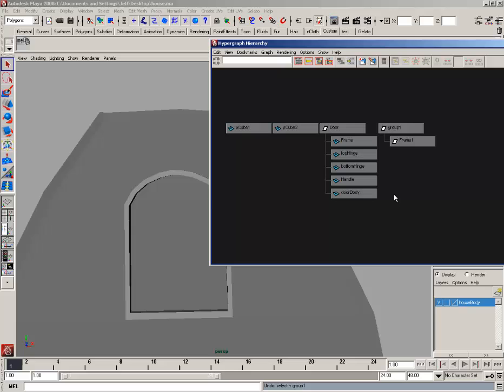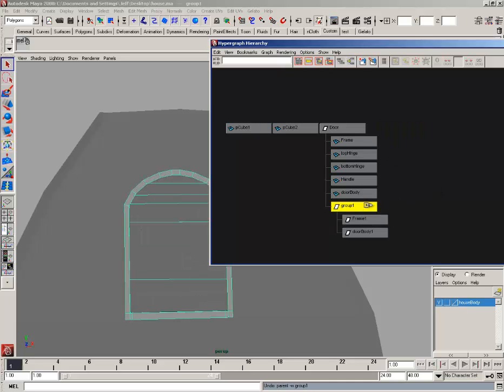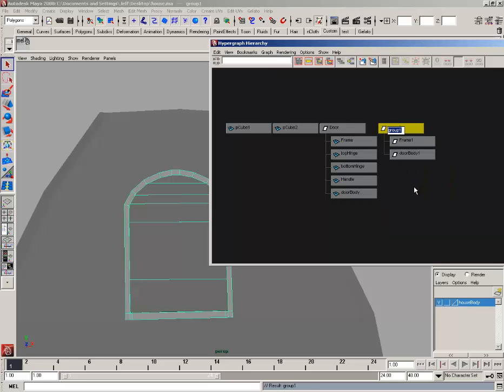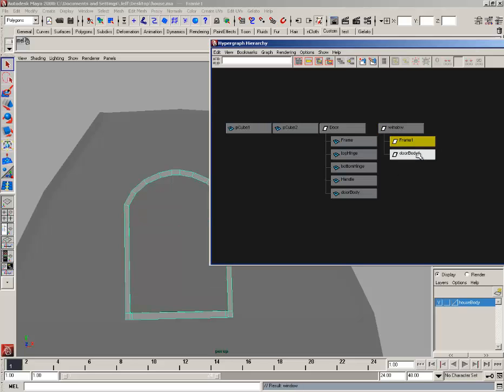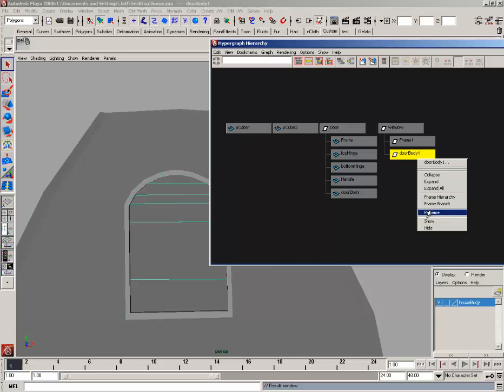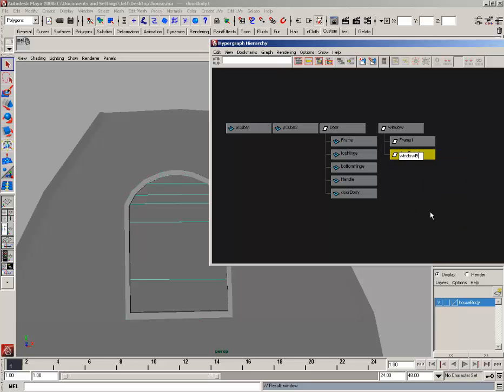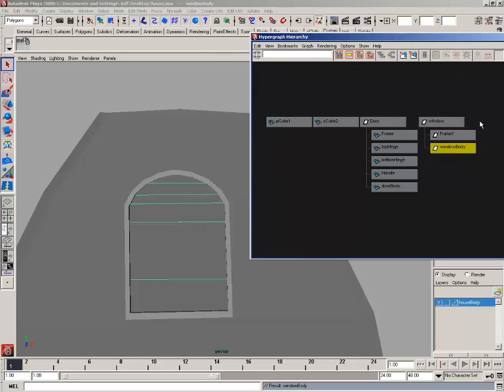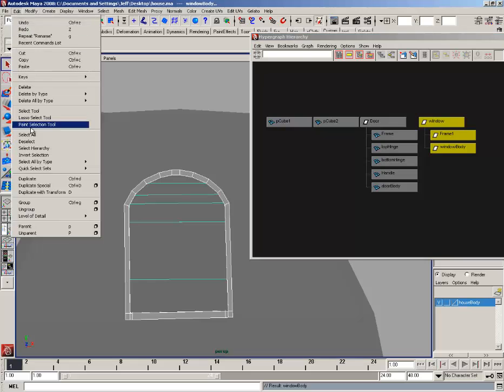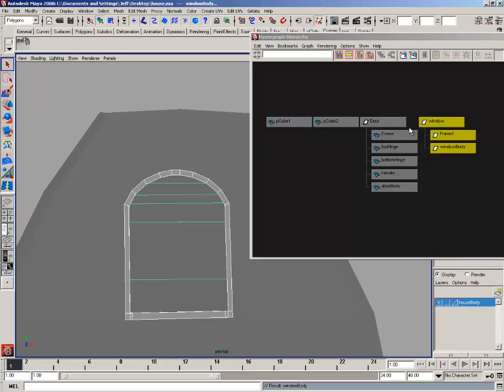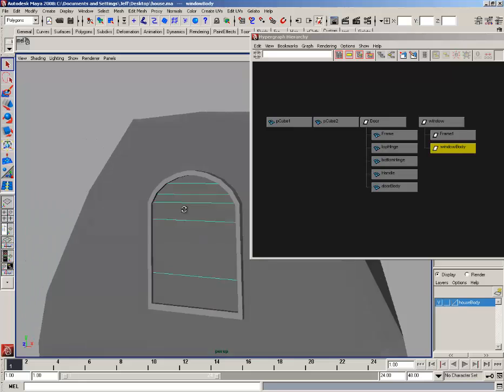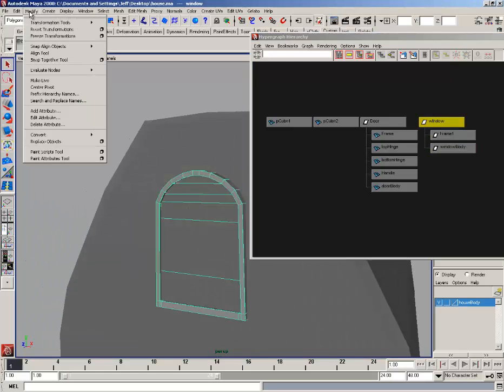So again, what I did was this. I just selected it. I clicked my mouse wheel, and the plus will come out. I just drag it out. And rename this window. And that's frame and window body. We could delete the history and everything to get rid of this if this bothers you. You go to edit, delete by type history. Not a big deal. Okay, so grab the group, modify center pivot,